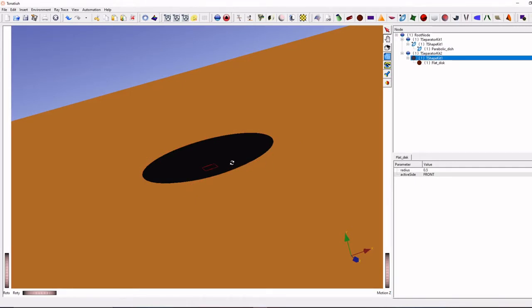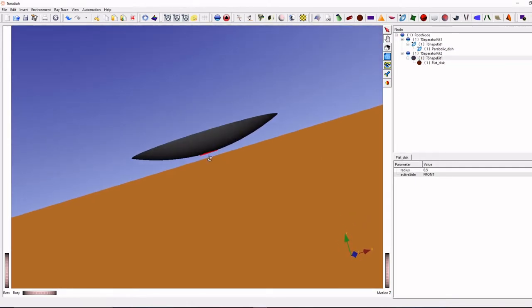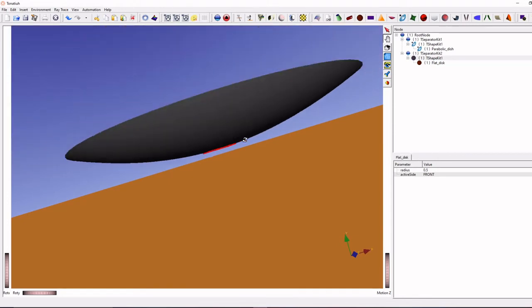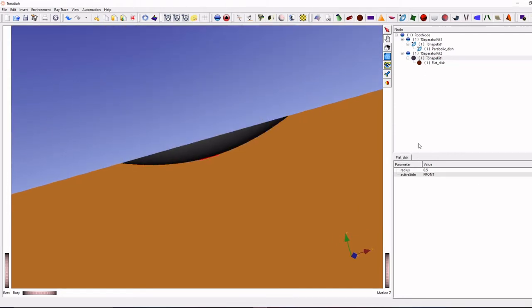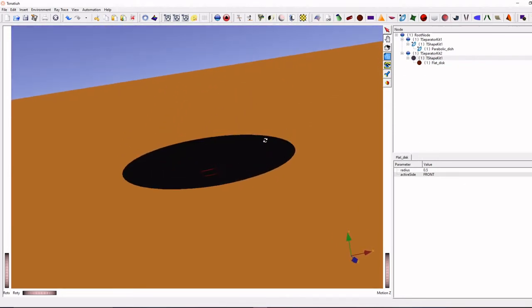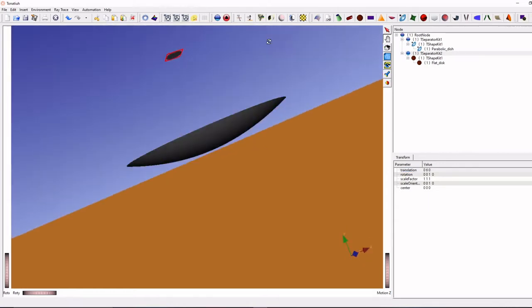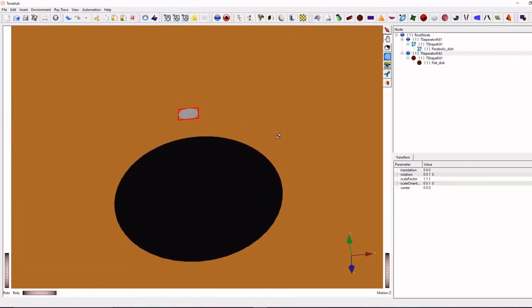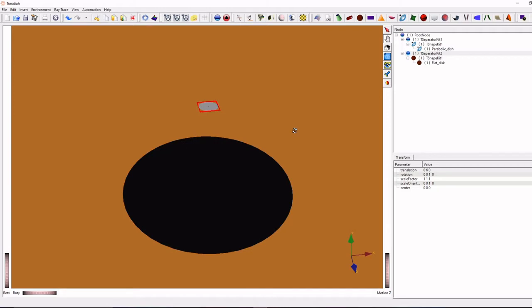You see now the disk is located at the coordinate 0, 0 point. We have to move it a little bit to the focal point. So change, it is in the y direction, we need to move in the y direction. Y means the second point. Type 6, it will go up. Yeah, it's coming. Okay, everything is done now.